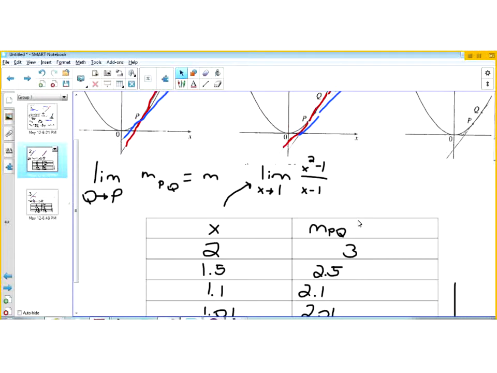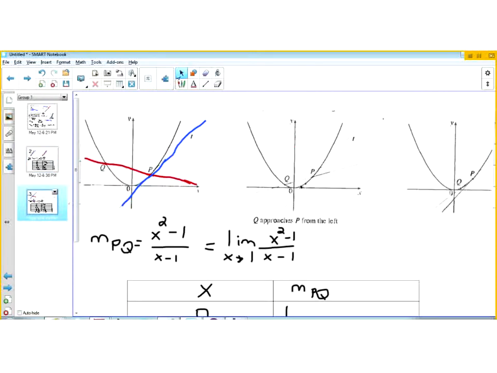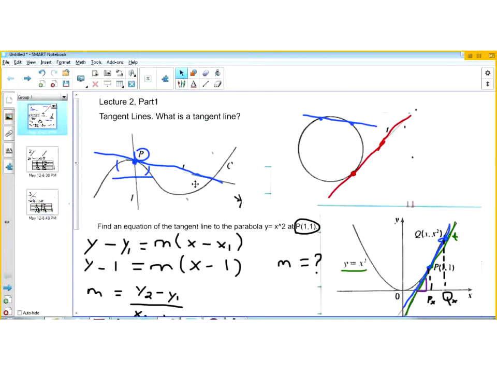Not only does the secant line slope converge to 2, but all of the points that make up that secant line line up with all the points that make up the tangent line. So essentially these two geometric objects, the secant line and the tangent line, become the same thing. And so the takeaway is that the slope of the tangent line now is 2. And now we can answer the question that we asked earlier, which was, find an equation of the tangent line to the parabola y equals x squared at P(1, 1). And what is m? m is 2, by construction or discovery. m is equal to 2